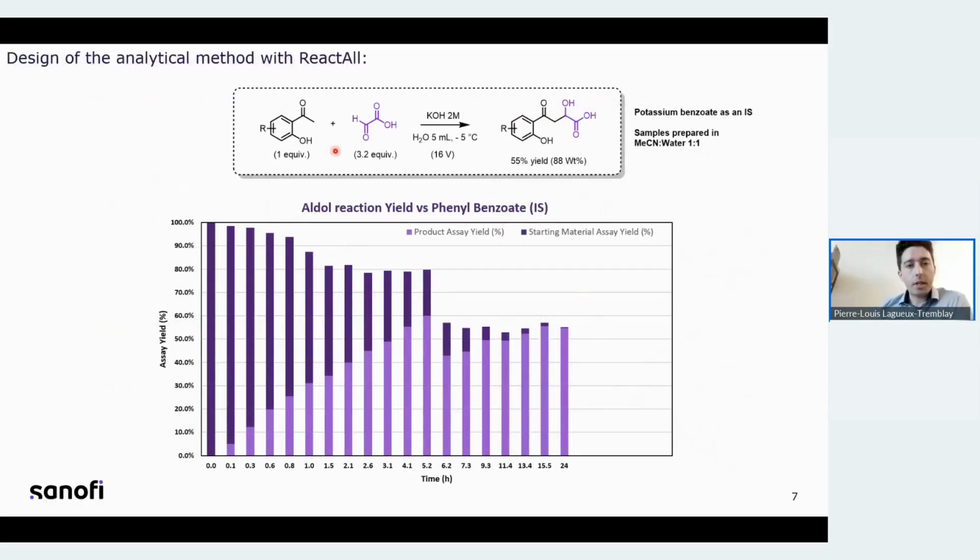So then what we did is we did our first series of auto sampling with the ReactALL to study what's going on with this transformation. So we did a time course study, and at each time point we could evaluate how much starting material and product formation we can see over time. And what we can see here is there's an inconsistency in the sampling in that case. And what we actually observed there is that this reaction is particularly difficult to study